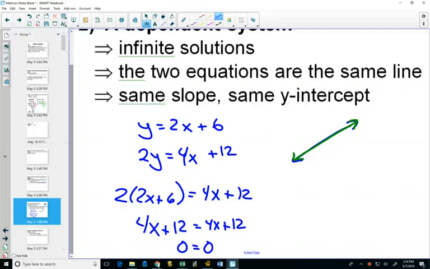And you're like, wow. When is that not true? It's always true. And because it's always true, you get infinite solutions. If you were to do elimination with something like this, you'll get a similar thing, like 0 equals 0. Ooh, always true. Which leads us to our last system,